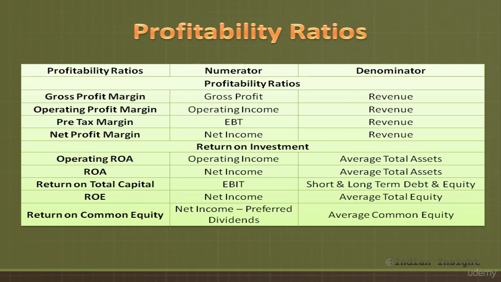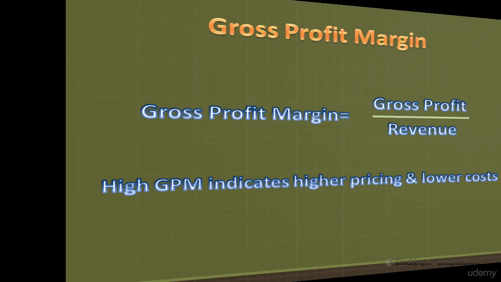We have shown here some common profitability ratios. The various return on sales ratios express various subtotals on the income statement like gross profit, operating profit, and net profit by dividing them by revenue and thus measuring them as a percentage of revenue. The other type of profitability ratio is the return on investment profitability ratio. These ratios measure incomes relative to assets, equity, or total capital employed by the company. Now let's look at these ratios one by one.